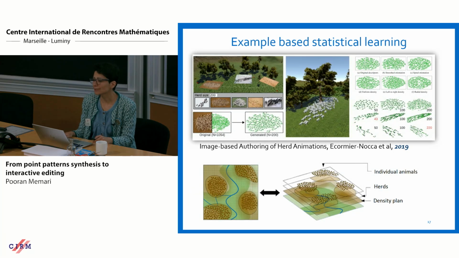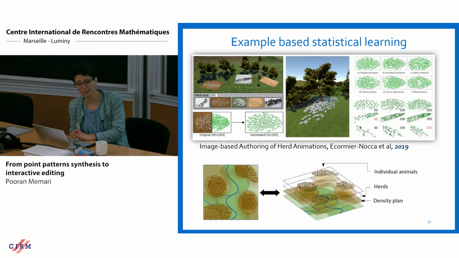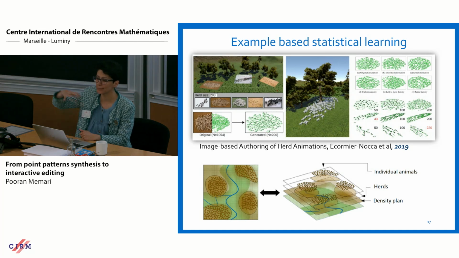So then, considering this kind of technique, you can integrate that into other, let's say, authoring systems, where you can just have some keyframes that are given by the user in an interactive manner, and then you will try to extract the statistical information from each of these keyframes and then adapt it to the target number of animals while matching the orientation field that you have based on the terrain and all the other features that come from the type of animal that you have.